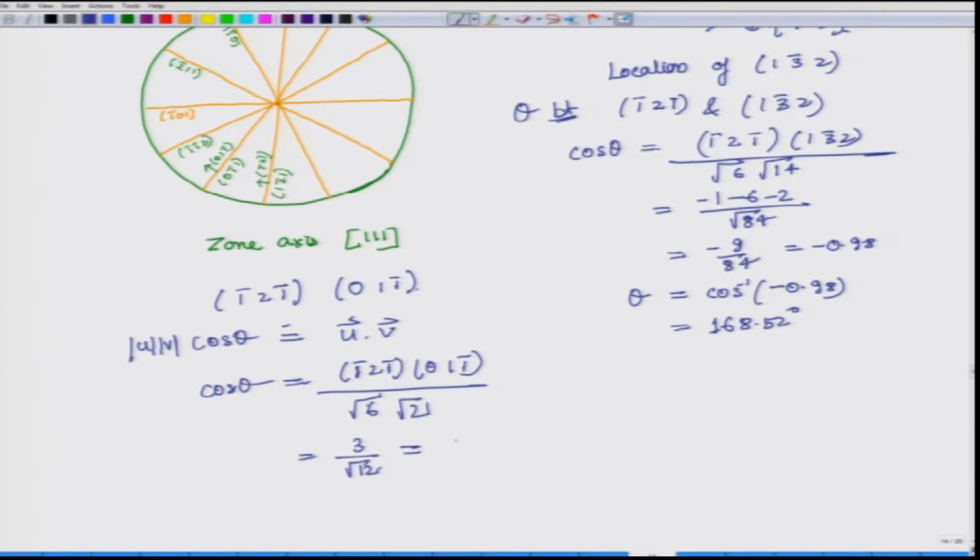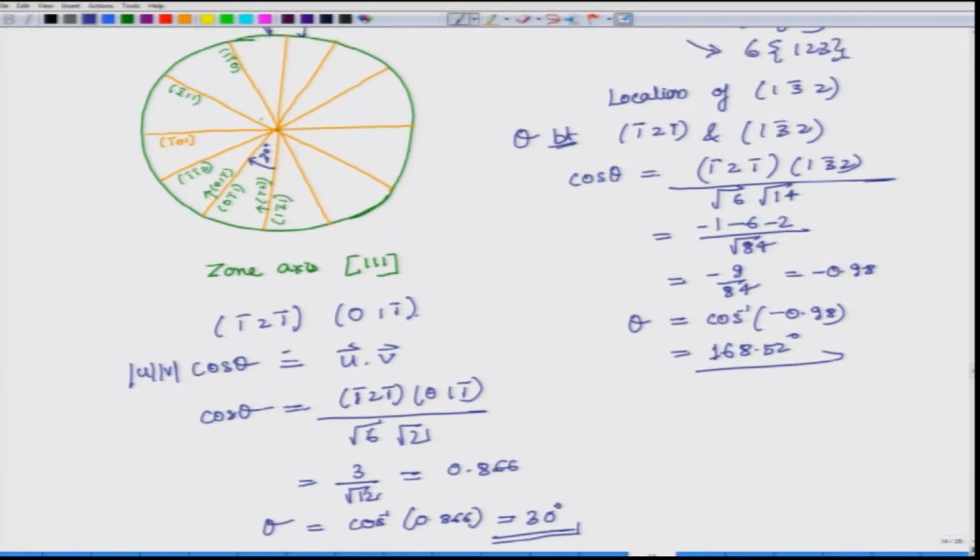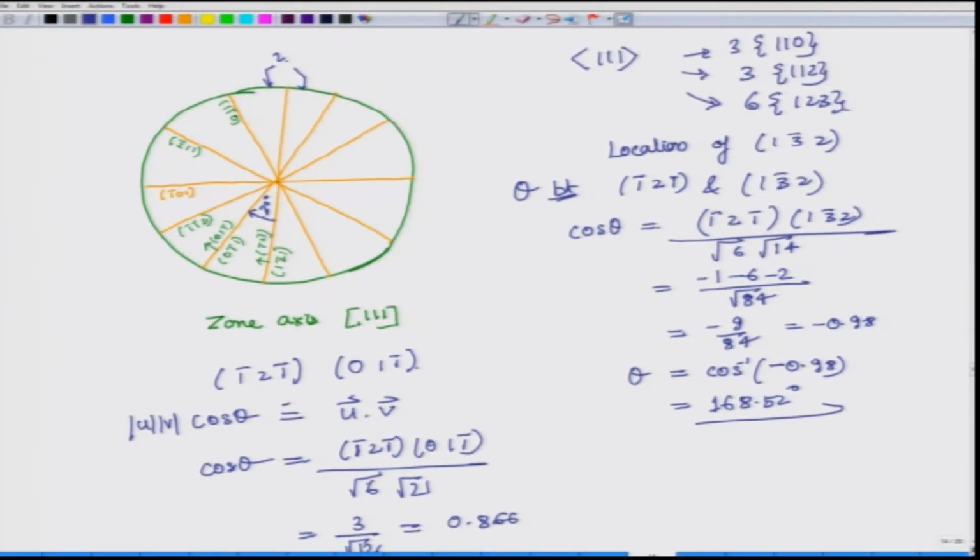and this comes out to be 0.866. Therefore, theta is equal to cos inverse 0.866, and this is equal to 30 degree, and this is oriented positive 30 degrees. So, we get positive 30 degrees and this is also positive 30 degrees. So, we know now that 168.52 has to be drawn with respect to this plane in the positive direction, and therefore,